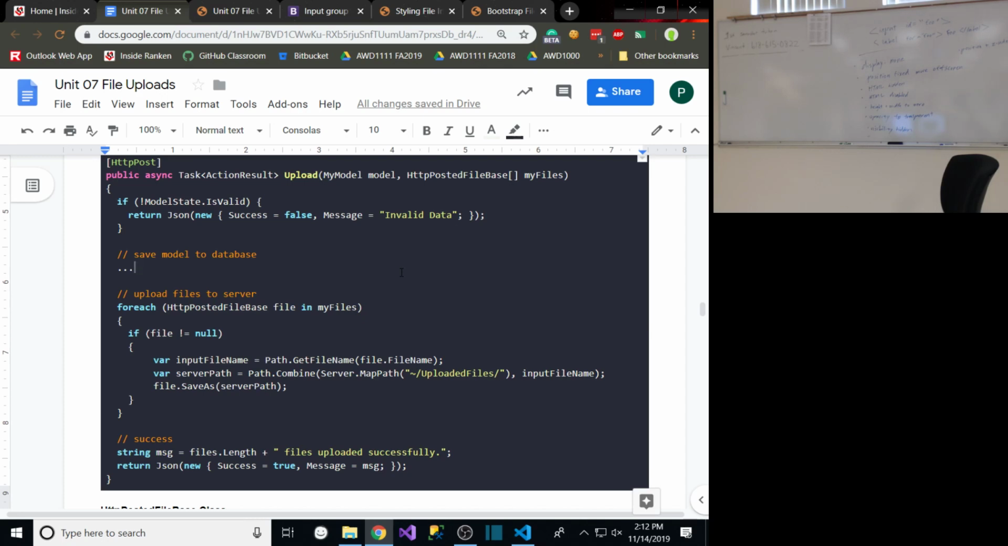This works whether it's a spreadsheet, an image, or an HTML file, doesn't matter. The first thing I'm going to do is use this method, Path.GetFileName. Path is a standard class in C# that provides us with a lot of different methods to deal with file names. One of them is GetFileName. GetFileName will strip off